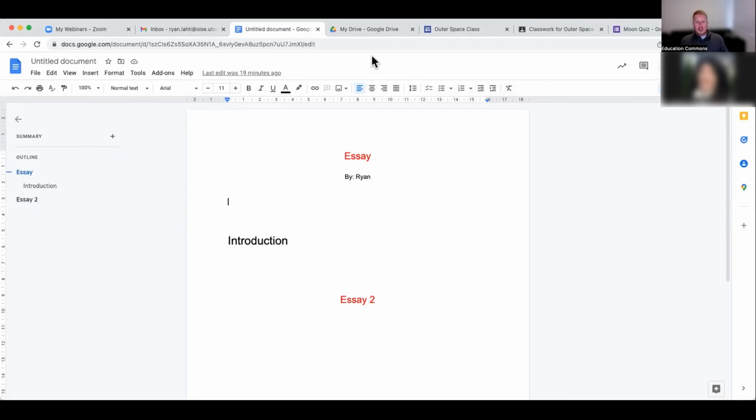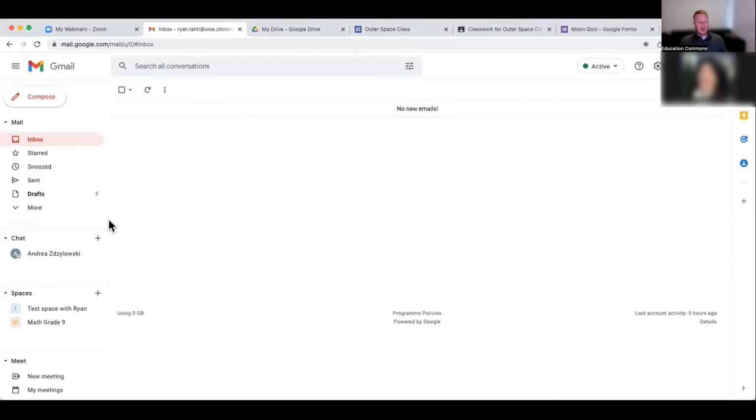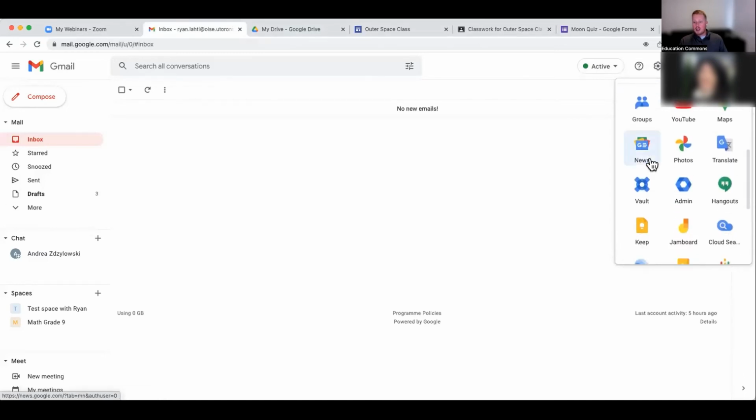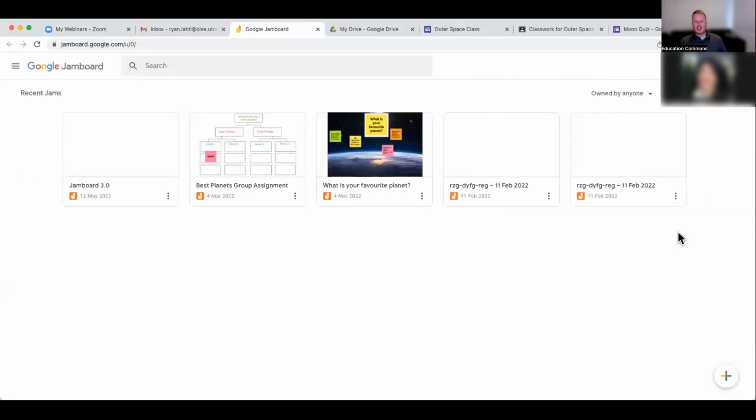I think that was kind of some of the things I wanted to go over today. I think, actually, maybe one more. Was Jamboard. That's right, Jamboard. So Jamboard, I'm sure some of you have heard of this or tried it out before, but Jamboard is available in your Google Apps. And if you click on it, just like that, you can see all the Jamboards you've